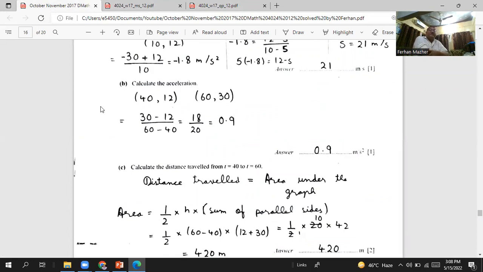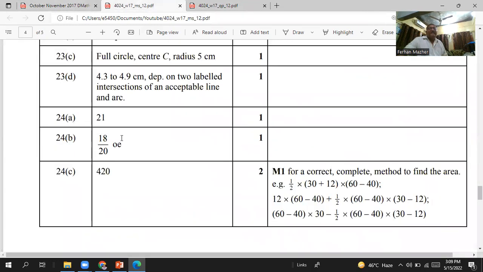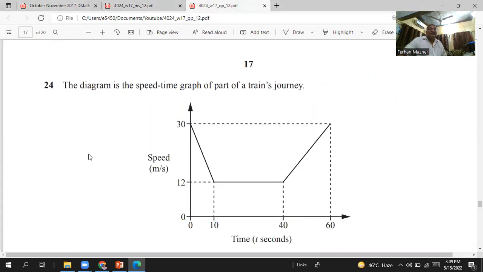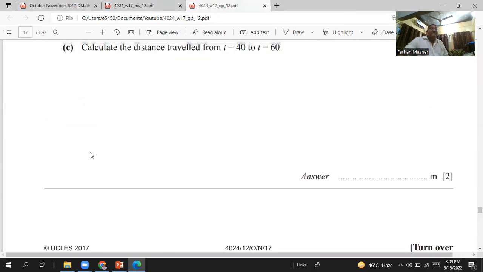And so we will have y2 minus y1, 30 minus 12, divided by 60 minus 40. So it will be 18 divided by 20, and that will be 0.9. If you cancel with the 2, it will be 9 by 10, which is 0.9. Let's check. 18 by 20 or 0.9 is the right answer. Okay. Then they say